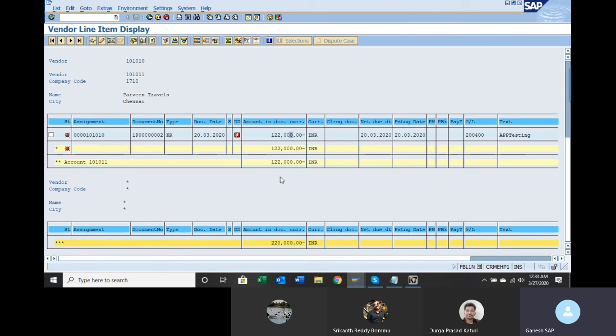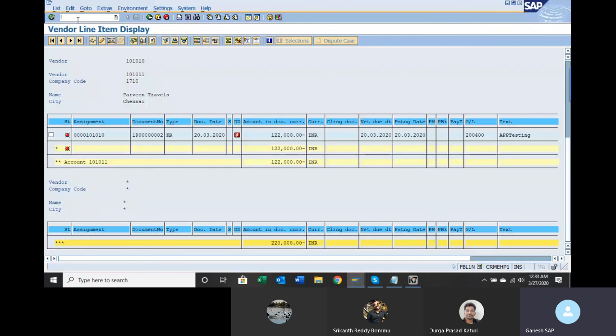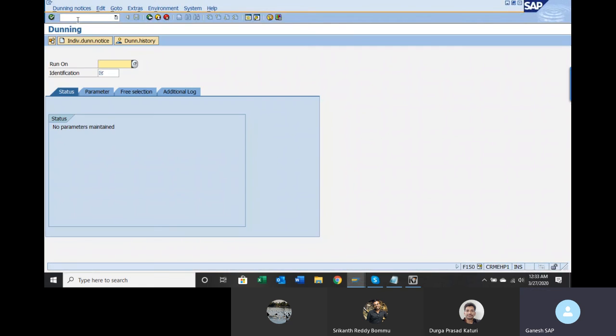Okay, so now I want to make a payment for these two vendors by running the automatic payment program. Let us go to F150 where we do the automatic payment program. Say today's date, 27/03/2020. Identification number, put all zeros 1. If it is the first run on this date, it is a first run.